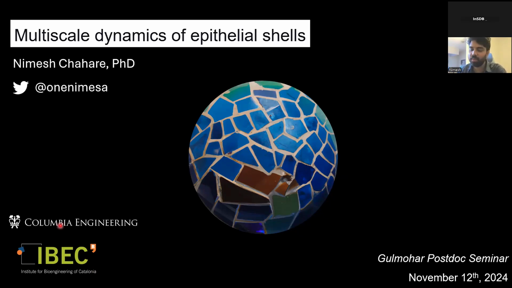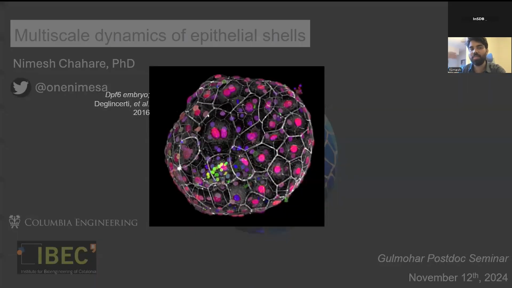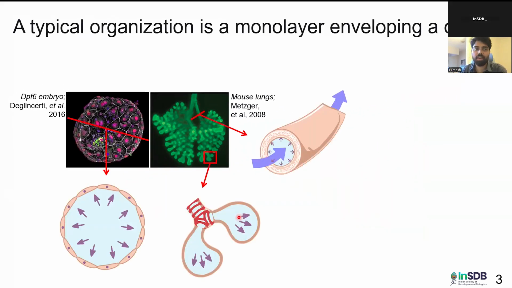So today I will be presenting epithelial shells. Epithelial tissues are usually robust tissues playing a key role in many processes, like compartmentalization of organs and morphogenesis. And for us, the most significant part was that in vivo, most of the epithelia is curved and folded into 3D structures. It can be simply curved, like an early embryo, or highly folded and branched, like lungs. So even though it exhibits a range of geometries, a common epithelial organization is that of a cell monolayer enveloping a